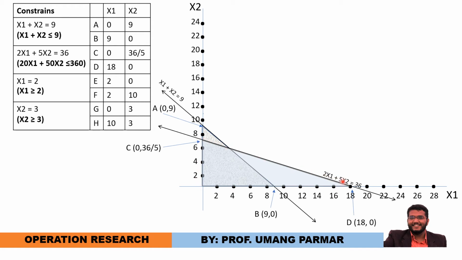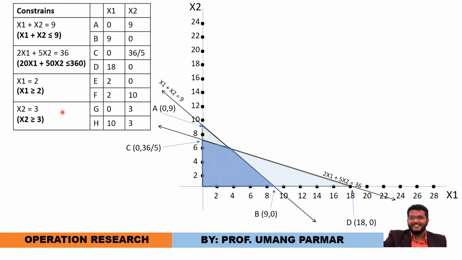So what about the common region between the first and second constraint? Because until now we have just gone through the first and second constraint. So here you can see that this is the common region from here to this. So this is my common region between first and second constraint. This region satisfies both the first and second constraint.